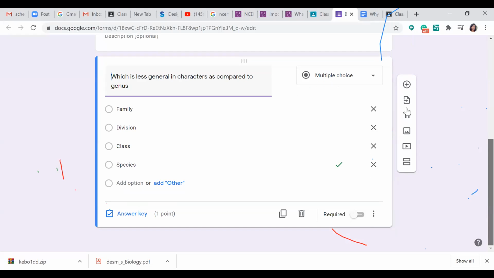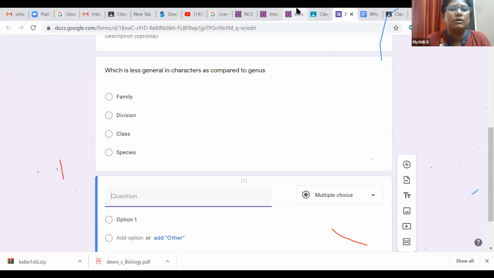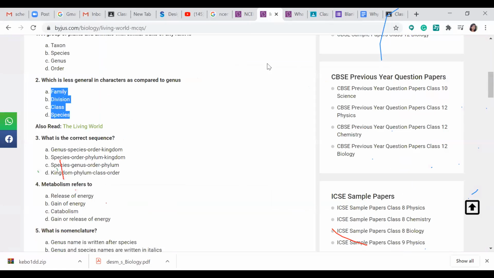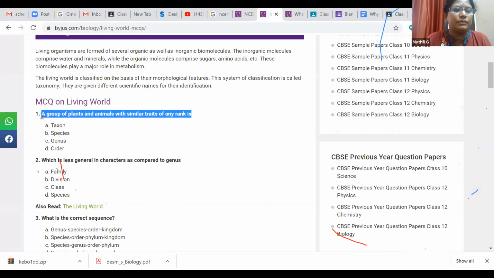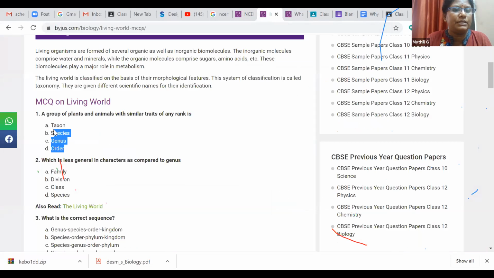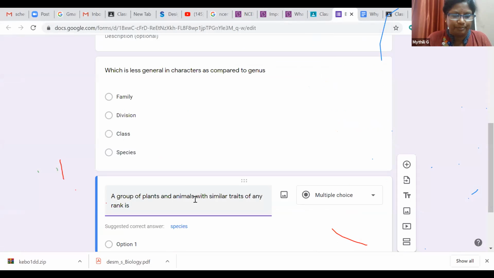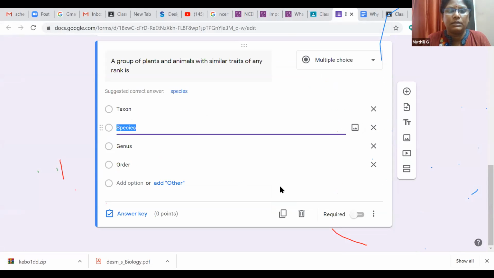Okay, so I'll add one more question. This question I have to copy and paste it here, and I copy this, paste it, and for this one the second option is, I think, the correct answer.